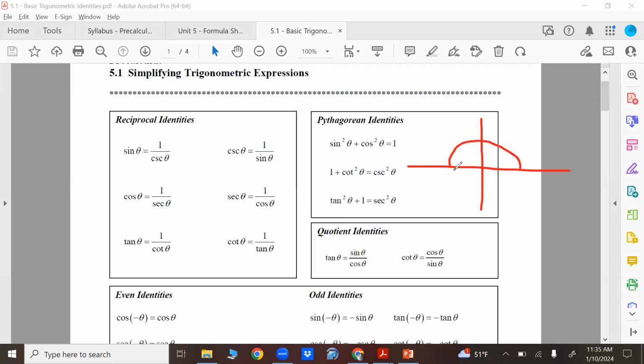Now, the unit circle. What's the center of the unit circle? What's the radius? 1, perfect. That's why it's called the unit circle. It's a very basic circle, right? Center at 0, 0, radius of 1, right? Now,